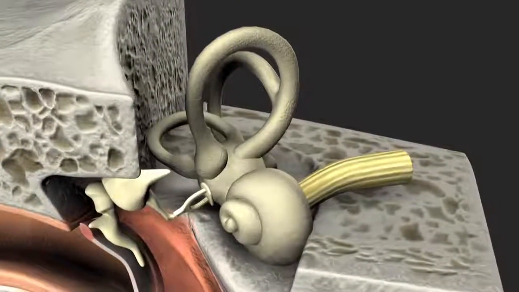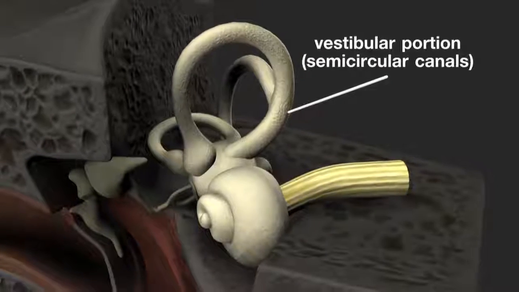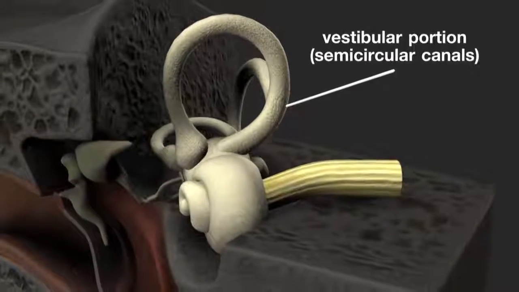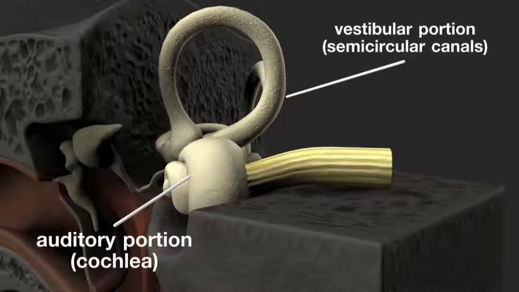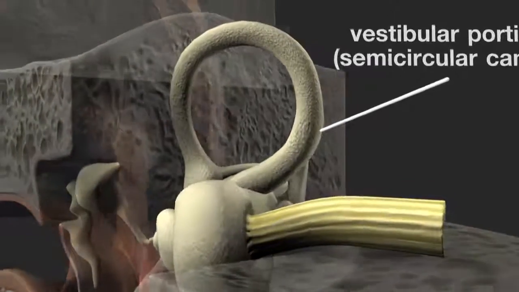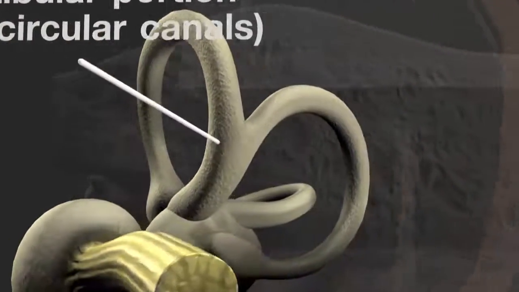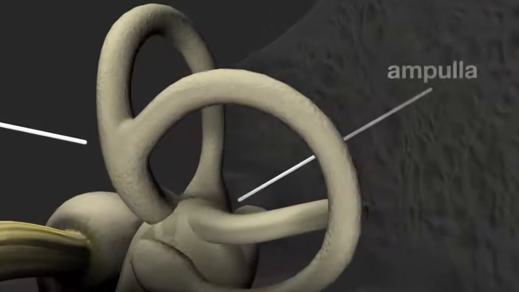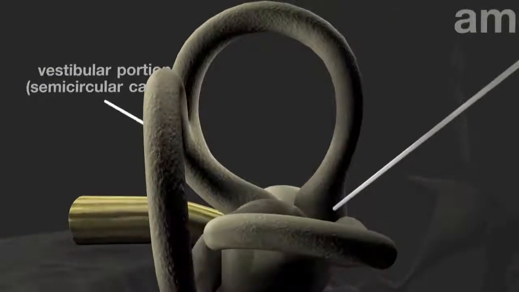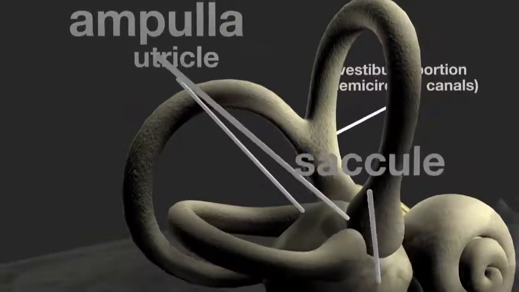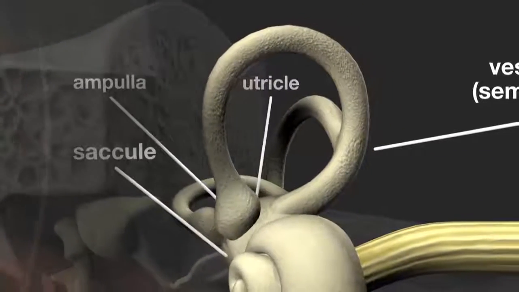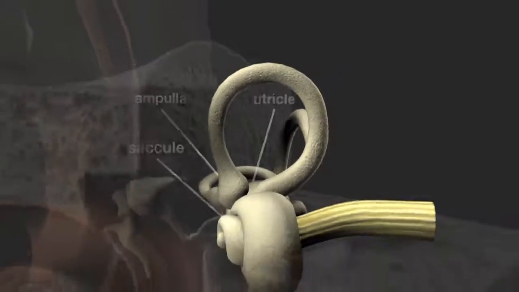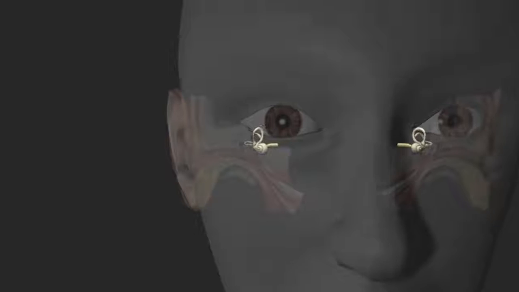The inner ear has 2 distinct portions, the vestibular portion, concerned with balance, and the auditory portion, the cochlea, which is concerned with hearing. The vestibular portion is made up of 3 semicircular canals. Each canal has a swelling at one end, the ampulla, and 2 membranous sacs, the utricle and the saccule. These contain fluid and sensory cells, which move in response to head movements and travel to indicate the body's status. The vestibular system works in conjunction with the eyes and the receptor cells in the joints of the body to